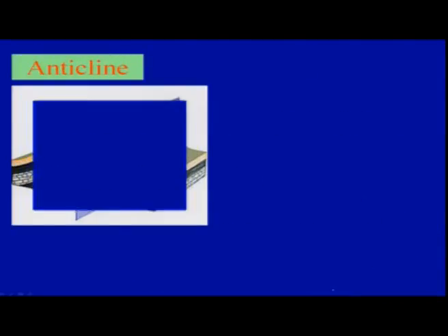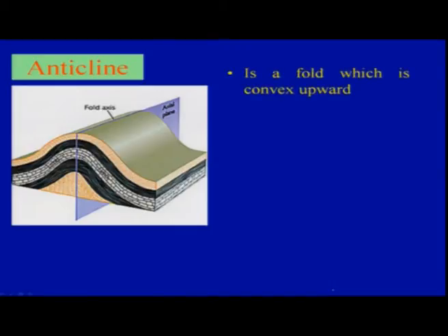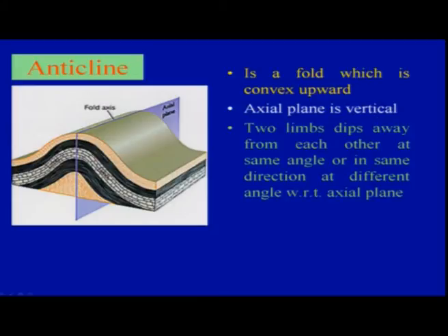So, coming to the next one, that is the anticline. What we have is that the fold is convex upward. We have the boundary here, convex upward, and then the axial plane is vertical. We will talk later about the inclined axial plane and all that, but right now, for the simple and symmetric fold, the fold axis or the axial plane is almost vertical. So, two limbs dip away from each other,